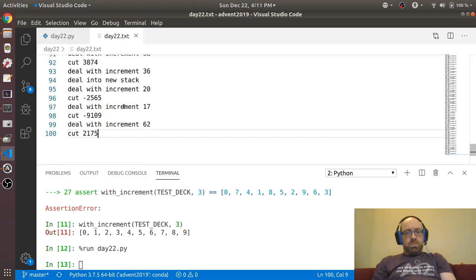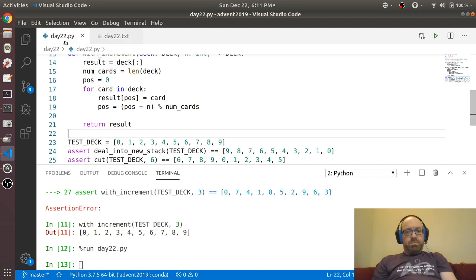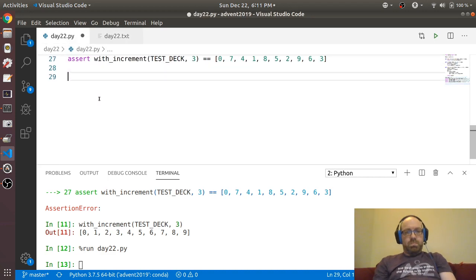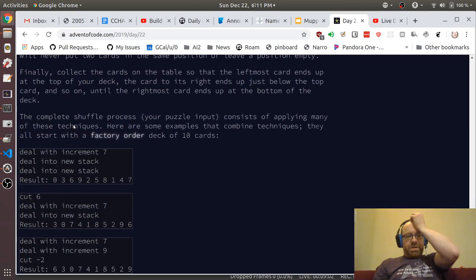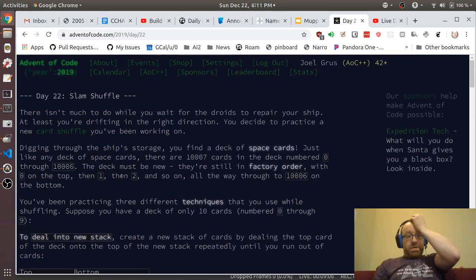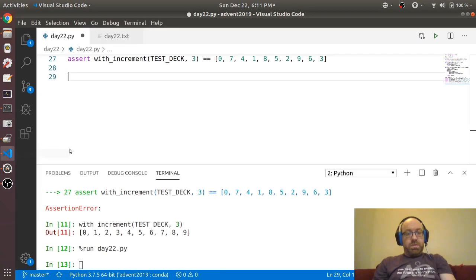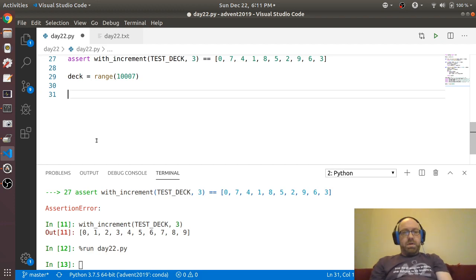So now we're saying deck is 1,007 cards. So now let's say deck equals range 1,007, and with open